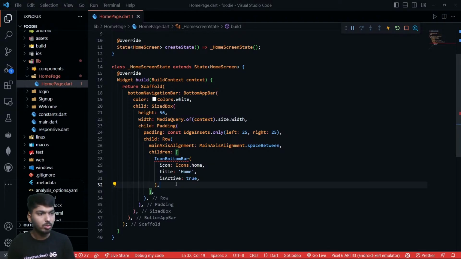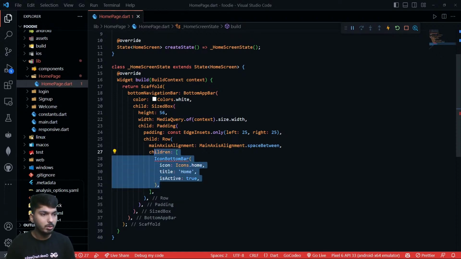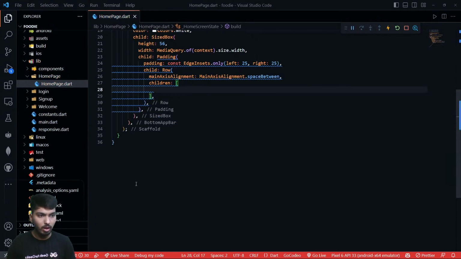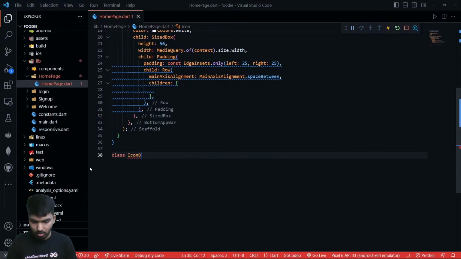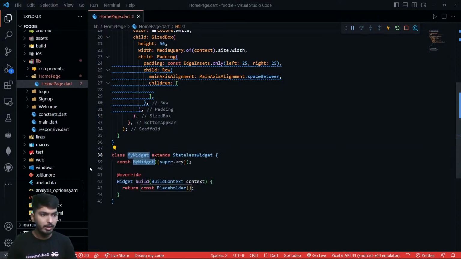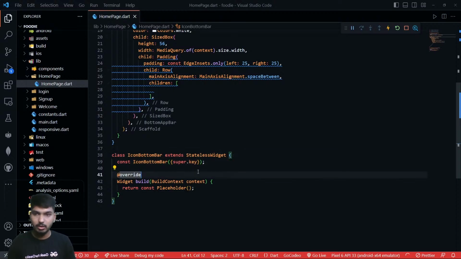Okay, so this will be what? It's a widget that I'm going to write the data in it. Okay, so let's do what? Let me just wait for this for now, and I'll come down right here and I'll write class icon bottom bar. Okay, so extends. It will be extending to stateless widget. So I'll write stateless widget and I'll name it as icon bottom bar. Icon bottom bar extends stateless widget, and like this, it will be also having four data,